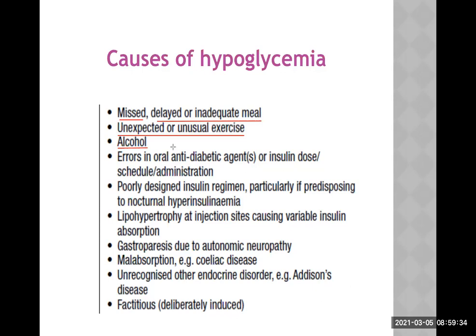I'll add one more. Alcohol, like ethyl alcohol or ethanol, has a lot of sugar. So when that sugar goes into the blood, that sugar suddenly stimulates the beta cells of the pancreas to release more insulin. Now that insulin will cause hypoglycemia. This is also one more reason which is given in the literature. Definitely, it is blocking the conversion of glycogen into glucose in the liver as well, and it doesn't allow new glucose to form. So all these points are important in causing hypoglycemia.